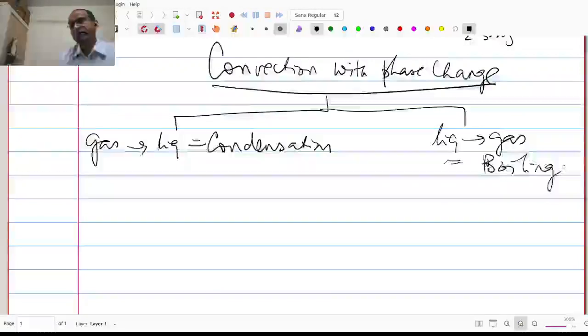Condensation typically happens in two different kinds of phenomena. That depends on what happens to the liquid that condenses on a solid surface. So suppose I have a cold surface of a solid exposed to a vapor, and the vapor condenses on the solid surface to form a liquid droplet. There can be two possibilities. One possibility is that the liquid droplet wets the surface, that is, its surface tension with the surface is low, and therefore it spreads and has an acute